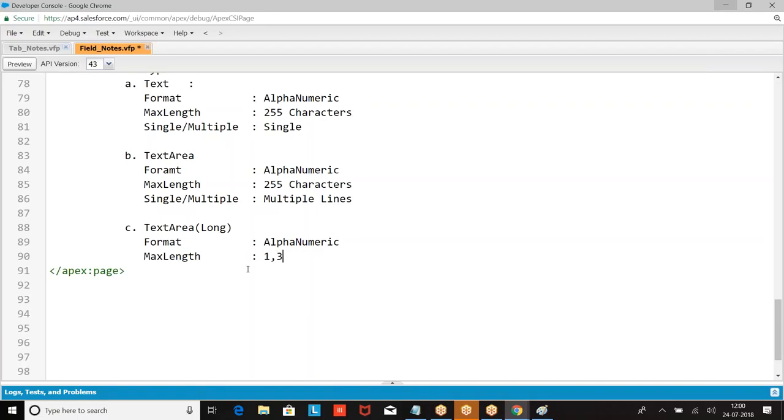Max length 1 lakh, default 32,768. Single line or multiple line? Minimum length?